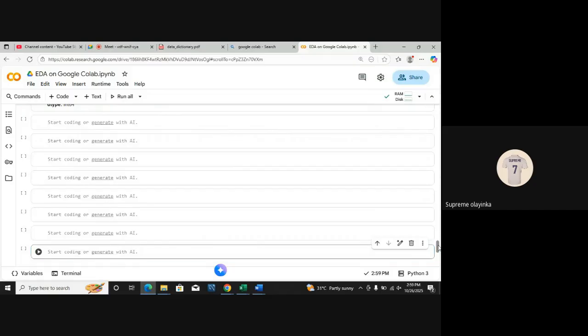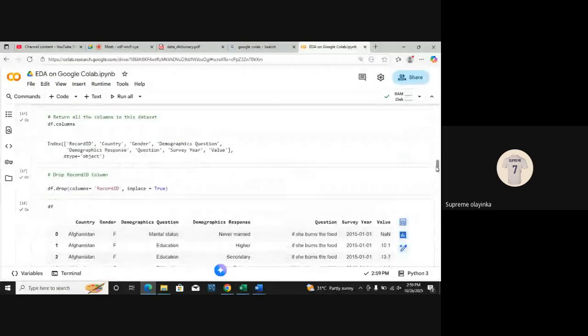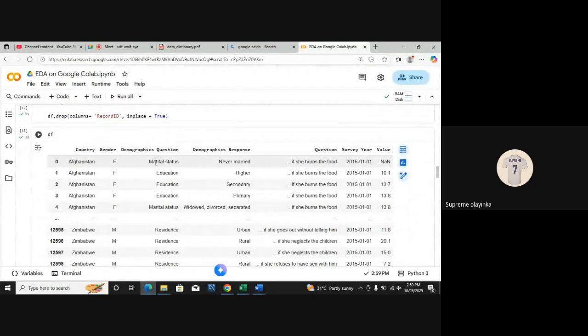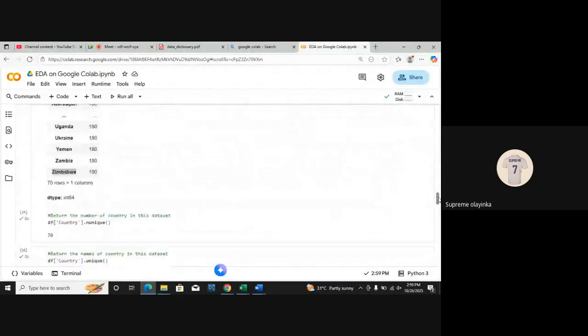Now we are done exploring the second column. So now let's do this third column. We want to know how many people suffered from gender violence, and what the cause is. Is it based on marital status? Is it based on their education level? Is it based on their residence? So how can I explore that one too?